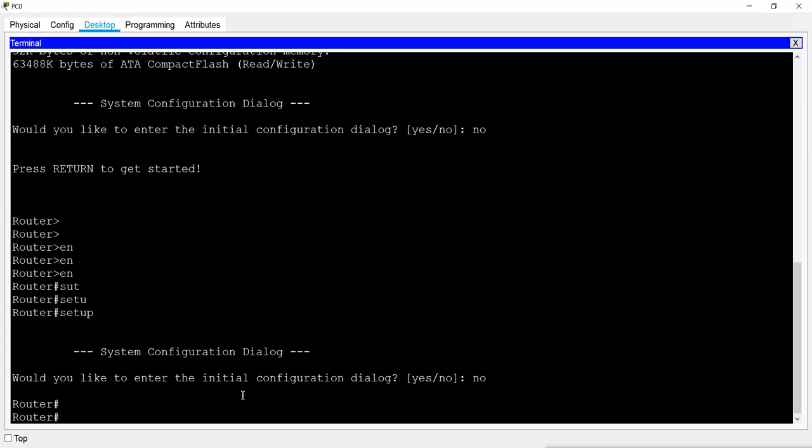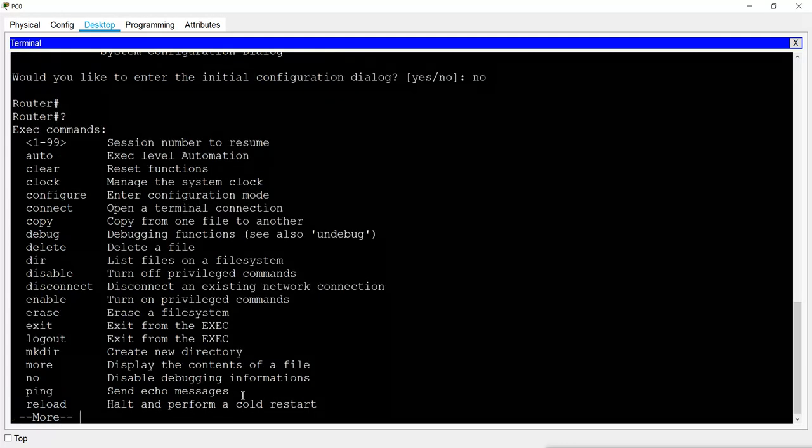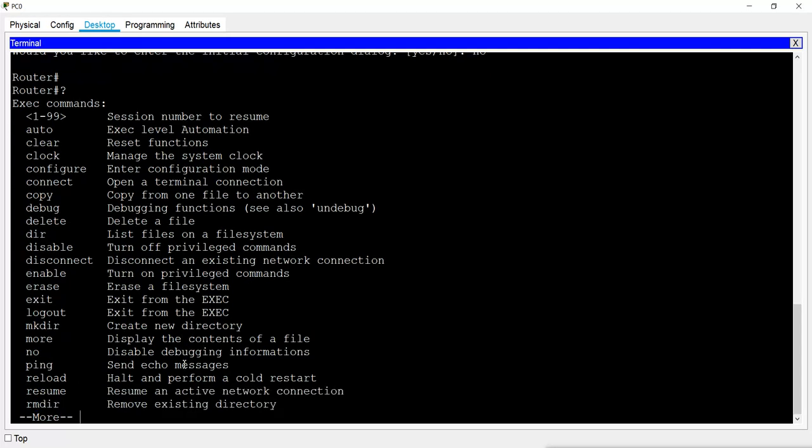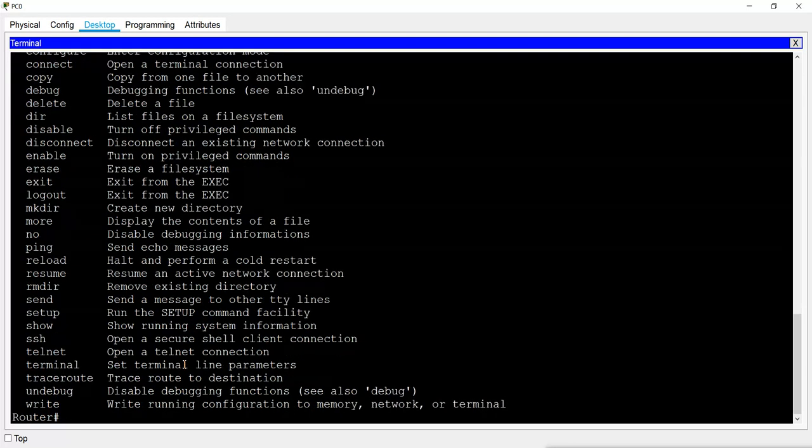So here if you put a question mark, you will see all the available and possible commands. It is not enough, we have more commands, so we can press enter and space bar to see all the commands.